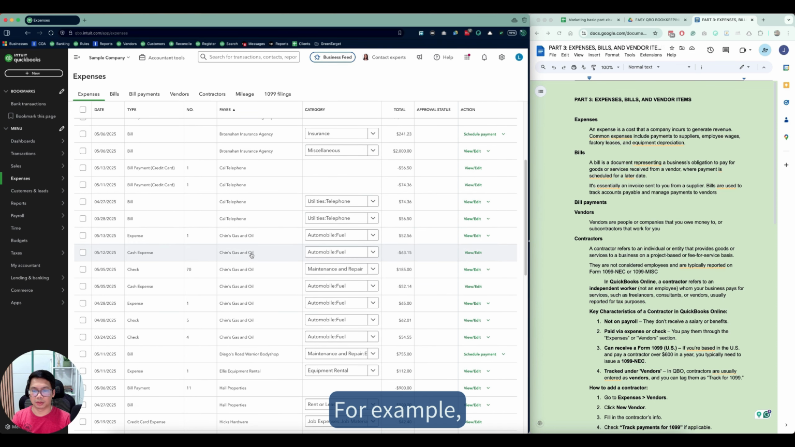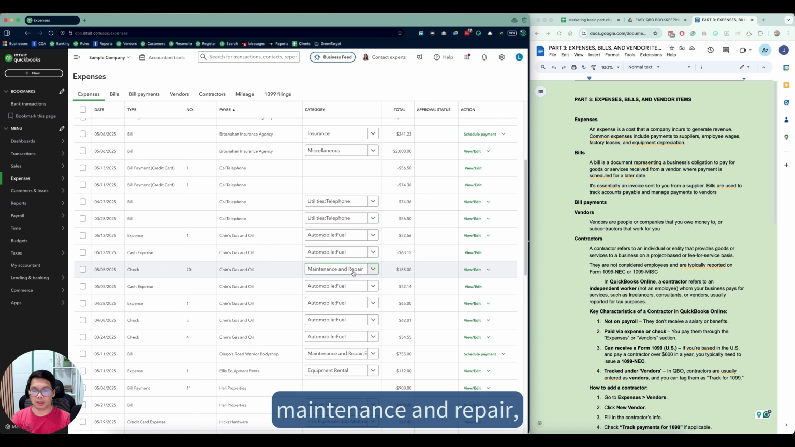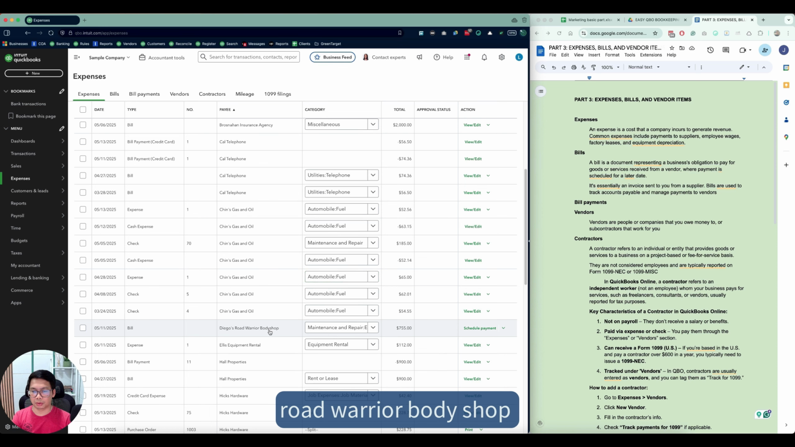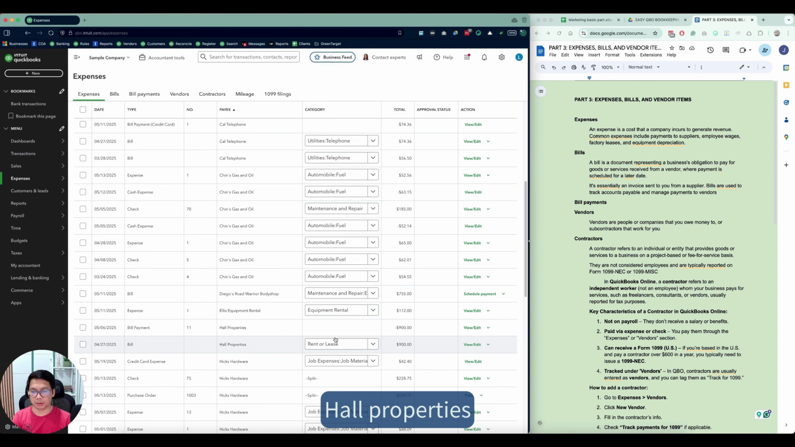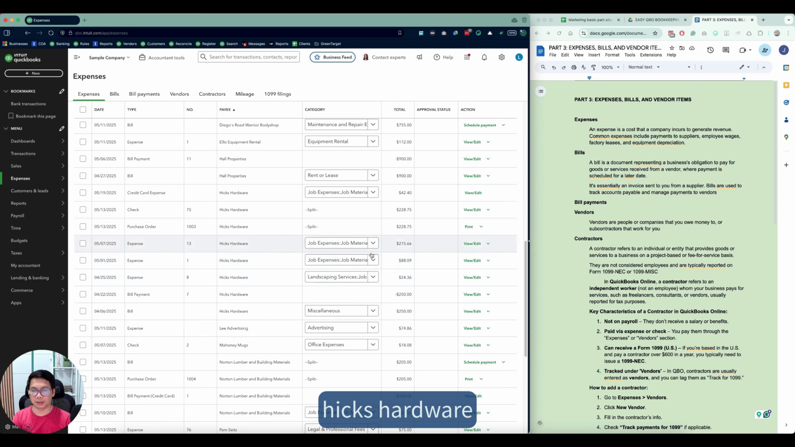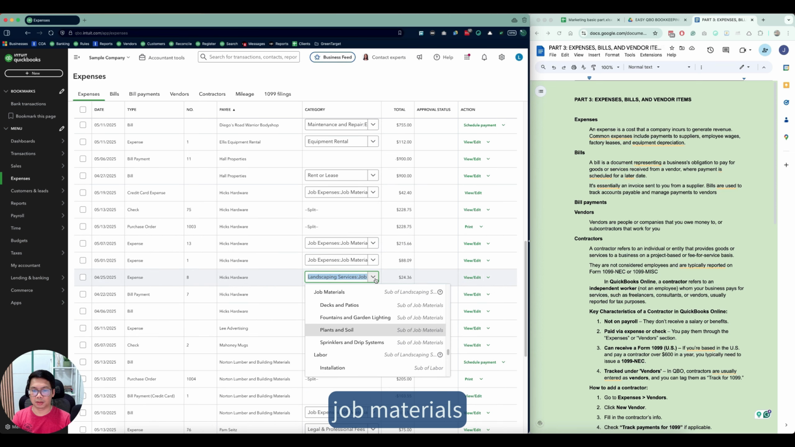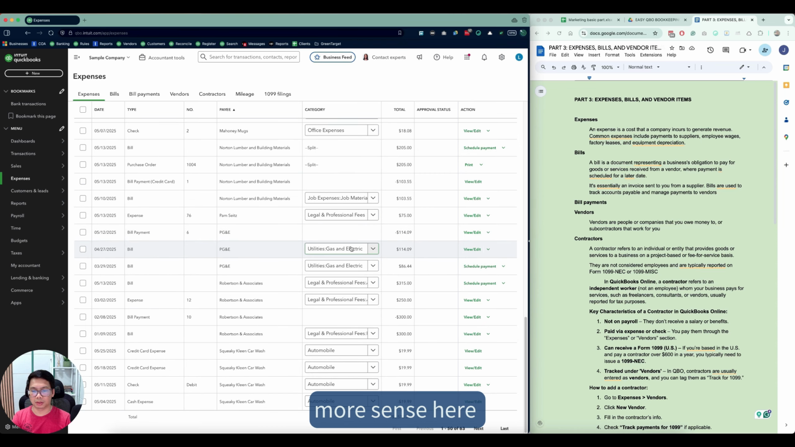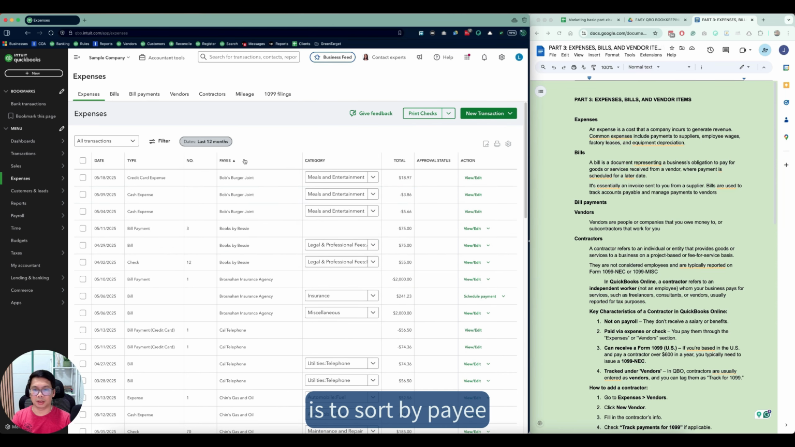So, for example, you see gas and oil, automobile and fuel. And if you see maintenance and repair, that's different from the rest. You need to verify if this is really maintenance and repair. For example, you have Road Warrior Body Shop that looks like maintenance and repair. So all properties, that's fine. Hicks Hardware, you have job materials, landscaping, service, job materials. For me, what makes more sense here is to sort by payee,